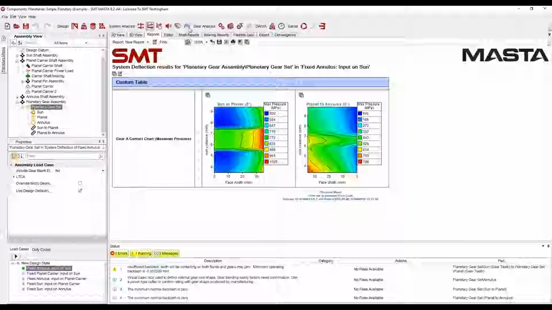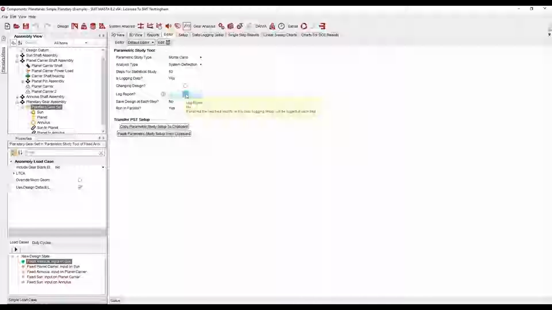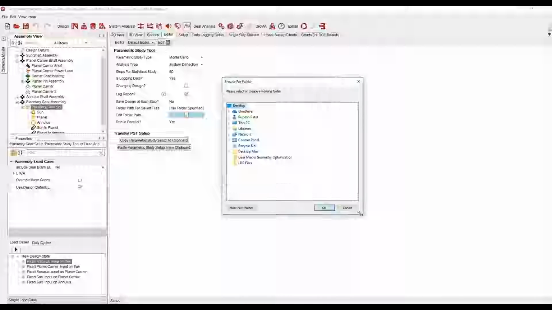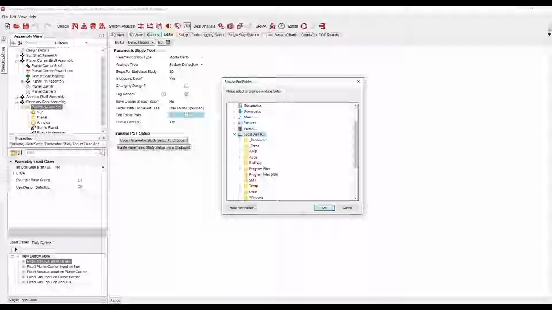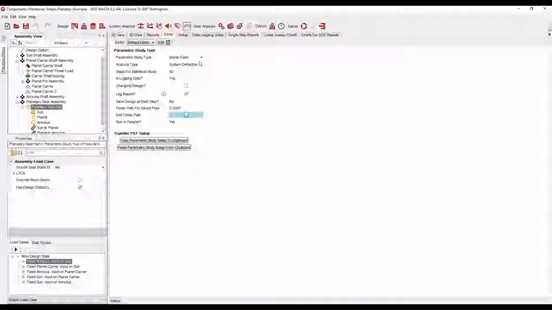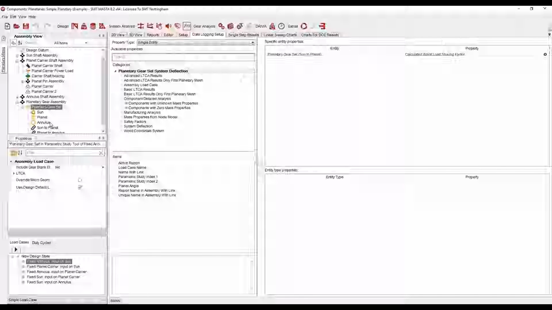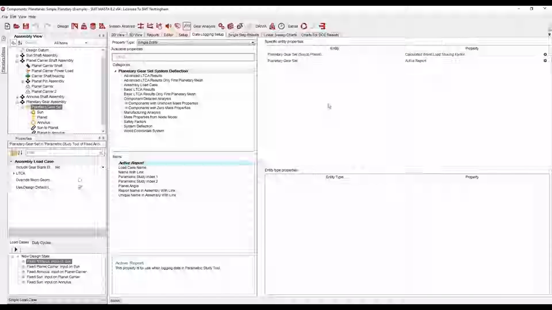So if we go to PST mode and select log report, we just need to choose a folder to save these reports in so they can be accessed later if we need them. Just going to reduce the step number because it takes a bit of time to save reports sometimes. I'm going to leave that the same, but in the logging on the planetary gear set, I'm going to select the active report. So that's going to be saving the active report onto the disk and also for us to view in the single step results tab. So if I run this analysis,